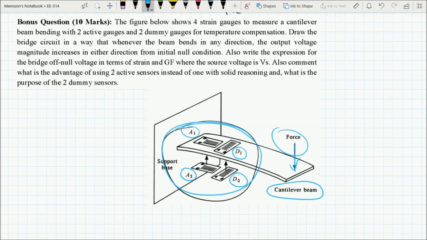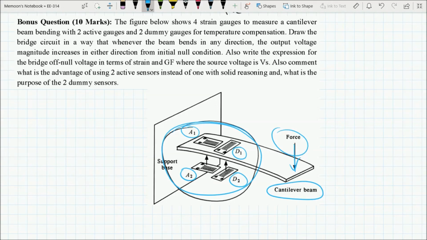Second point: whether we are using a bridge circuit or a potential divider circuit, both of them have non-linear output. So we have to consider the non-linearities in the voltage output versus the change in the parameter due to which the resistance was changing. Even if the change in resistance of the sensor due to the change in parameter was linear, the output voltage of both the bridge and the potential divider will be non-linear. So we have to keep in mind the non-linearities.